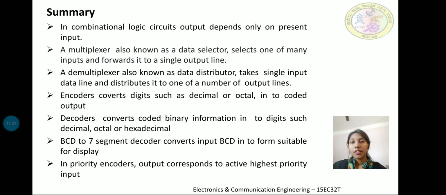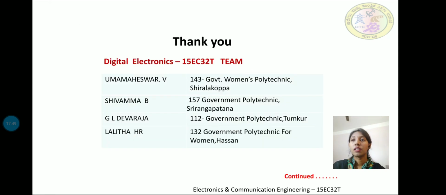The priority encoders are mainly used to overcome the drawback of the simple or standard encoders. In the simple or standard encoders, one of the drawbacks is that if more than one input is active at the same time, it generates the wrong output. To overcome this, priorities are assigned to each input level. So in the priority encoders, the output will always correspond to the currently active input which has the highest priority.